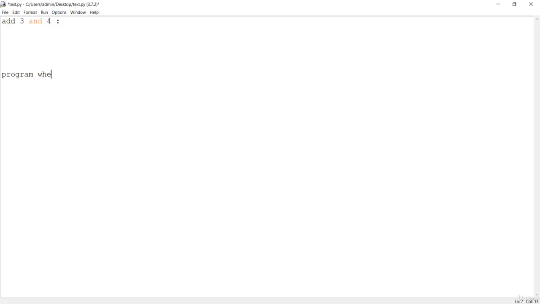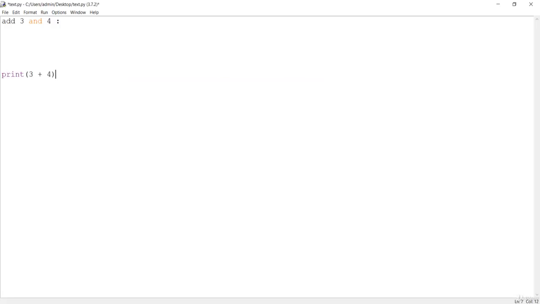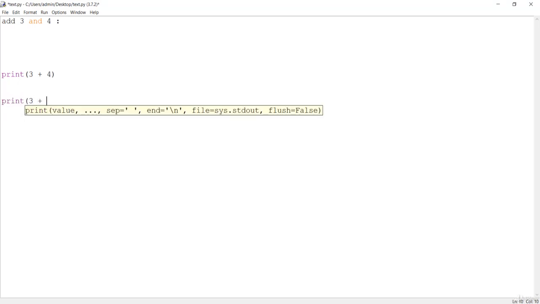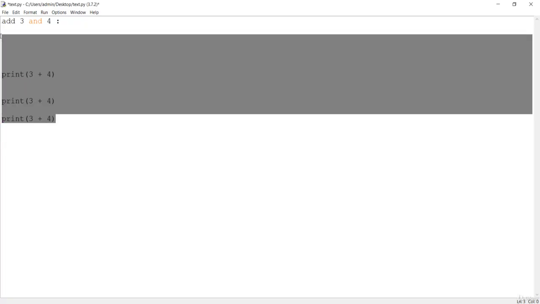Instead of just writing 3 plus 4 every time, we have to say print 3 and 4 the first time, and if we want to do it again in the next module, we have to write it again. The same code has to be repeated again and again if you want to do the same task, which is the addition of 3 and 4 multiple times. Instead of doing this, what if we create a function which will do the same task, and instead of writing this code again and again, we can just call that function whenever we need it?